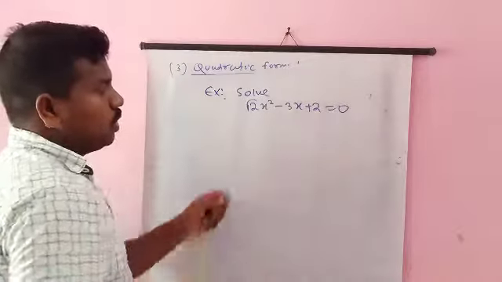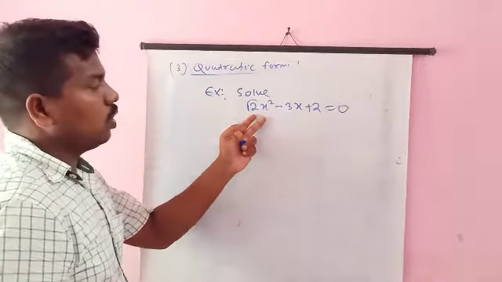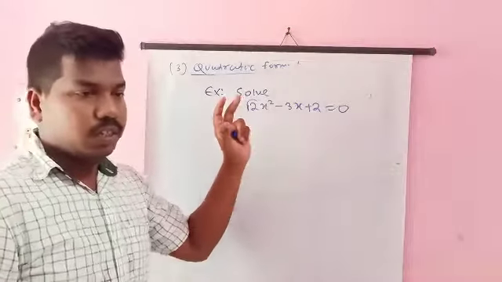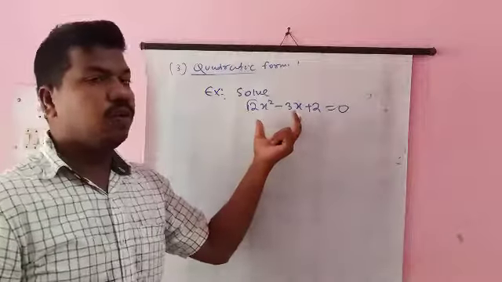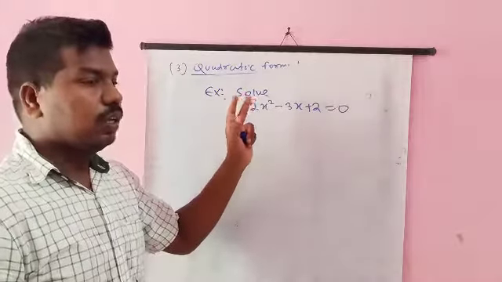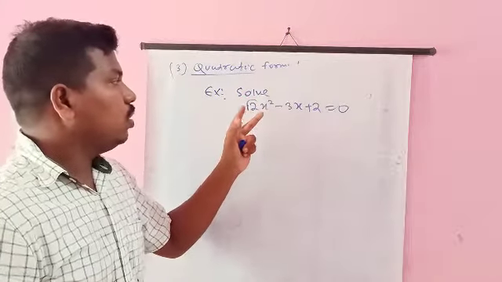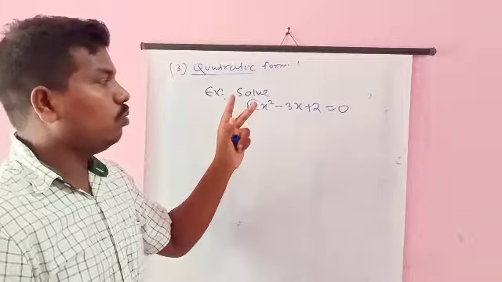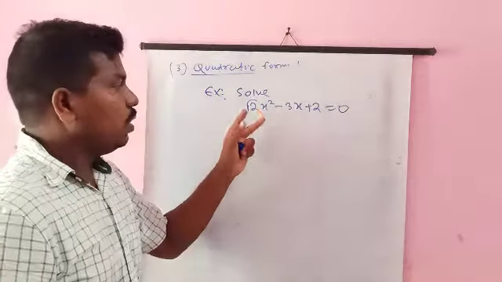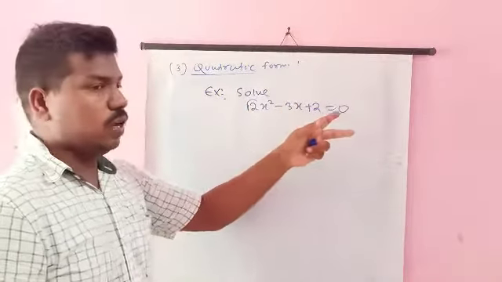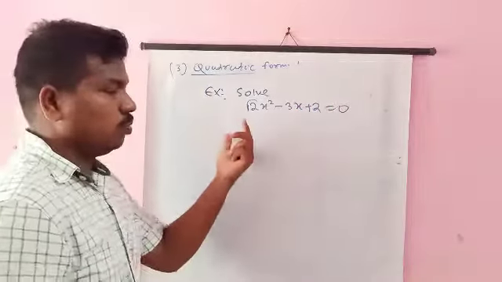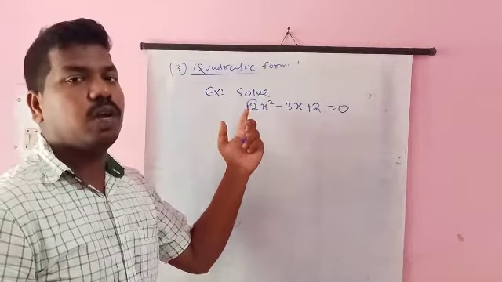We may use the factorization method, the complete square method, or the quadratic formula method. The quadratic formula method is very easy. If the question says to use the complete square method, then we have to find the answer using only the complete square method. If it says to use the factorization method, then we have to use only the factorization method. If the question only says to solve the equation or find the roots of the quadratic equation, then we may use any one of the three methods: factorization, complete square or quadratic formula.